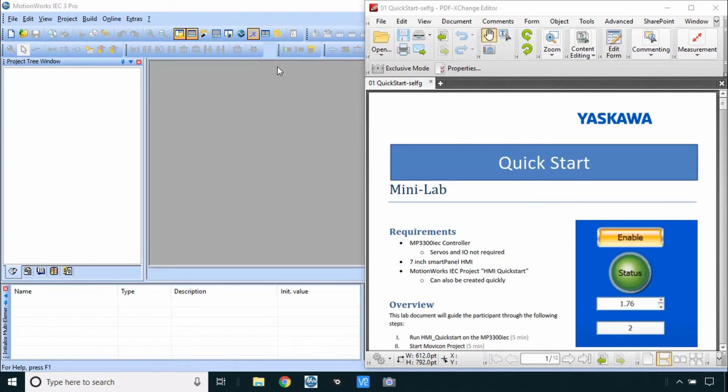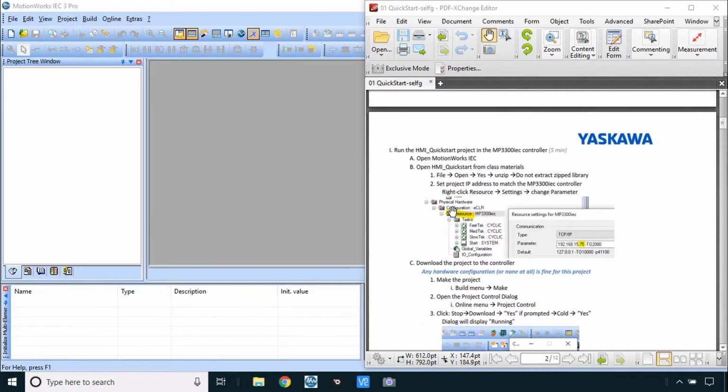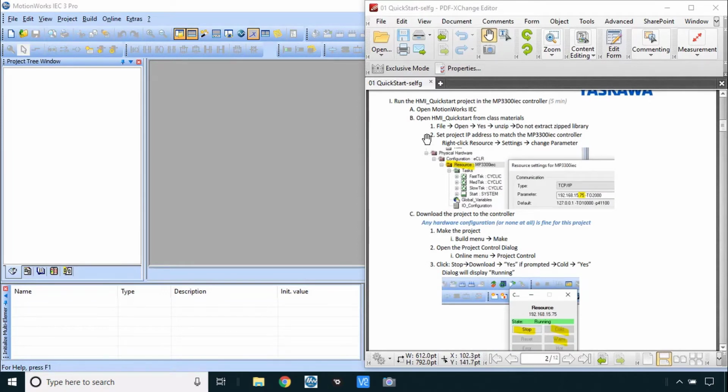Okay, here's the solution for the Quick Start Minilab. I'm going to go ahead here to step number 1 and run the HMI Quick Start project in the MP3300 IEC controller. We got MotionWorks IEC open. And now I will open